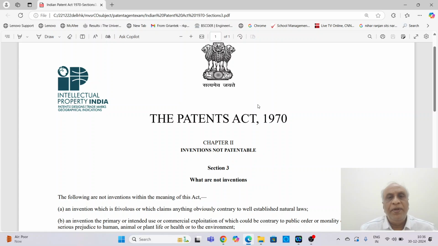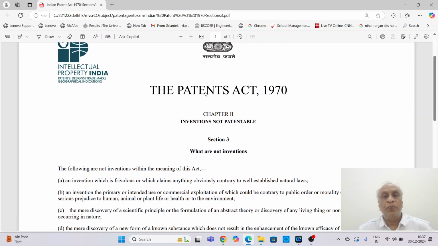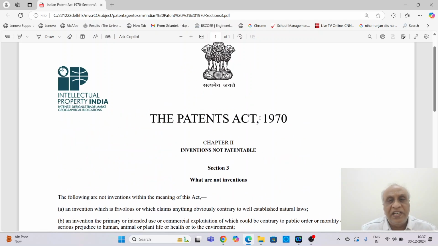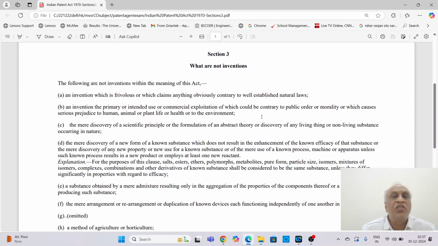Today's target will be understanding Section 3 of the Indian Patent Act 1970. This page is derived from the official website of intellectual property in India. What Section 3 covers is what cannot be patented, what are not inventions, what are not patentable. So, Patents Act 1970, Section 3. Let us go through all the